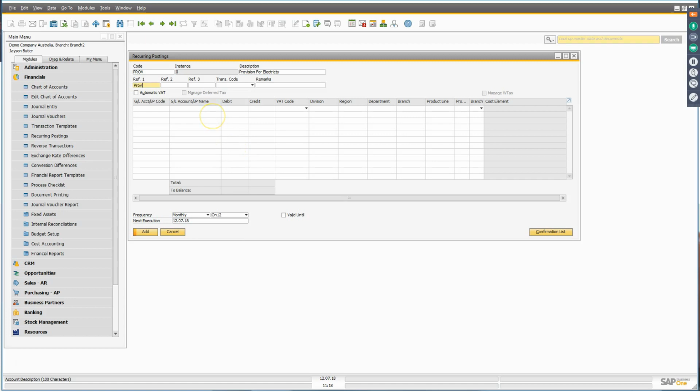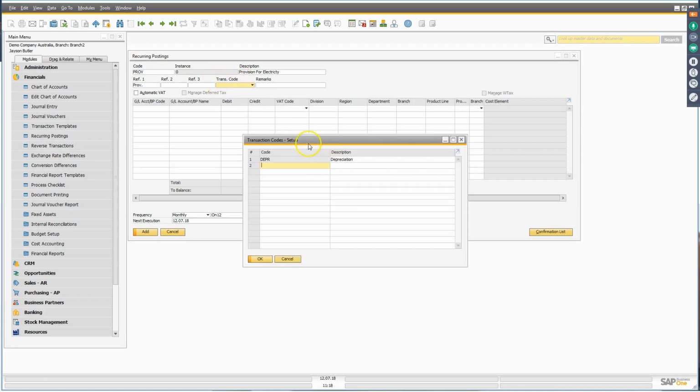We can give it a reference. Another handy little feature is the transaction code, and I'm going to add an extra one. And once we've added the recurring posting, I'll actually show you how the transaction code can help you to find things quite easily. So I'm just going to add one called provisions,